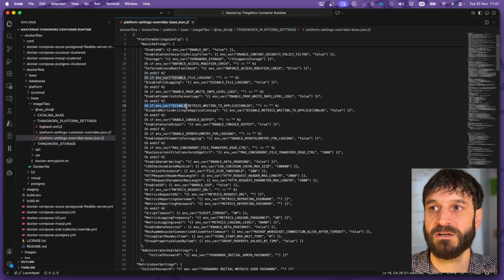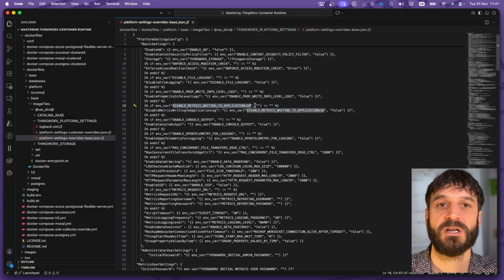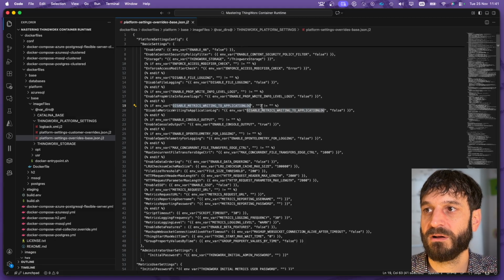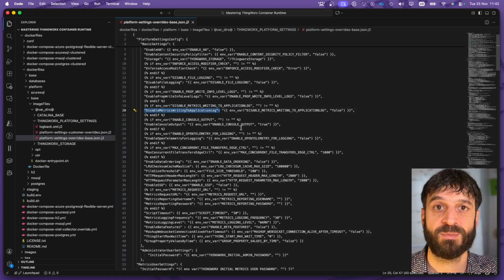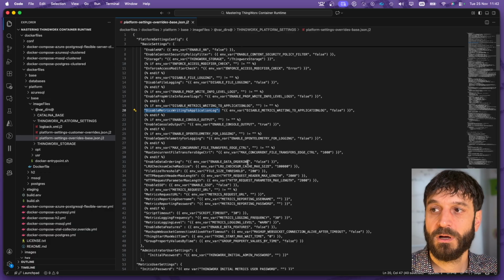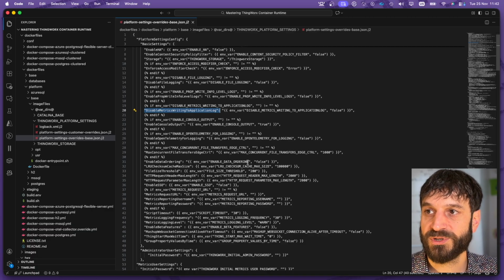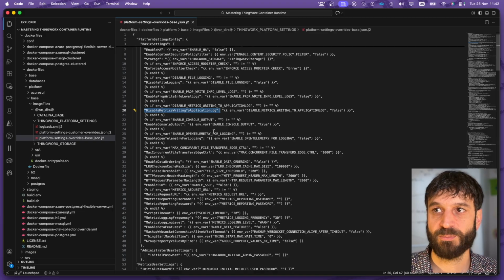And we can see here, we've just got a line that says, some of these things we saw in the compose, disable metrics writing to application log. If we were to put a true value in here, then we're just going to set this entry in the platform settings file. So super simple, but super cool, because it allows us to essentially really separate this notion of